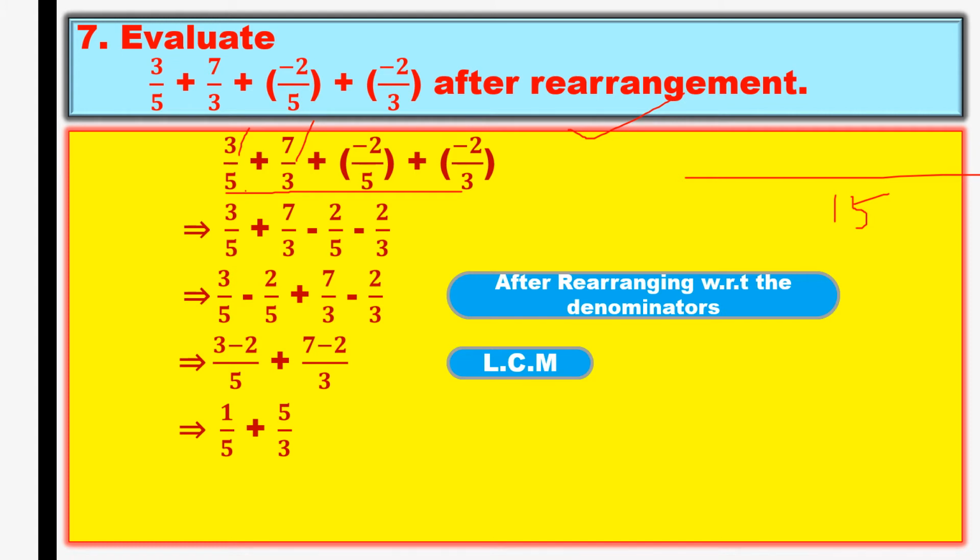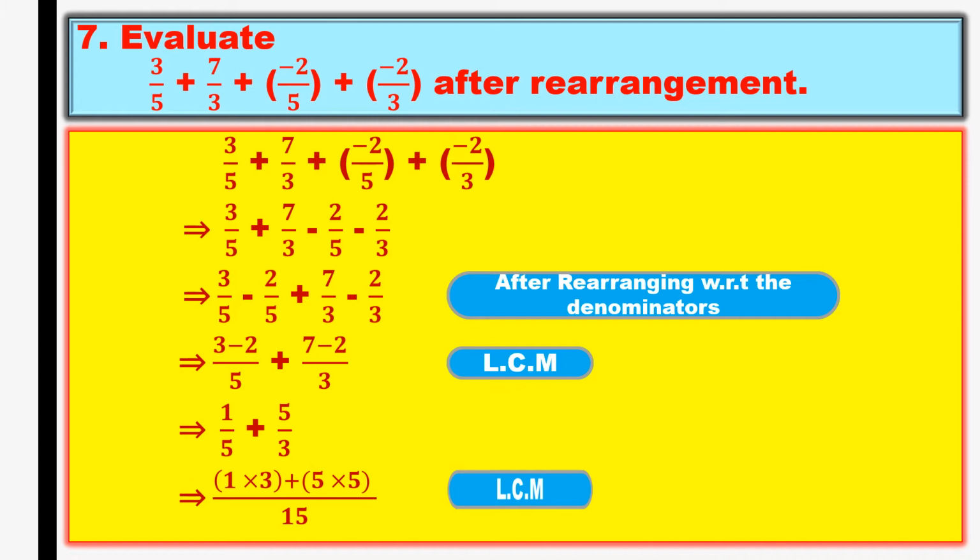But here when you go with this process, taking the same denominators together, and here also same denominators together, and taking the LCM for them separately like this, and after solving this, if you take LCM, it will be easily solved. Okay, so now 5 and 3 LCM is 15. So same LCM procedure, 5 divides 15 3 times, so 3 into numerator 1. Here 3 divides 15 5 times, so 5 into numerator 5.